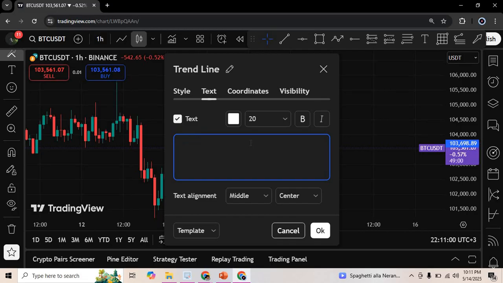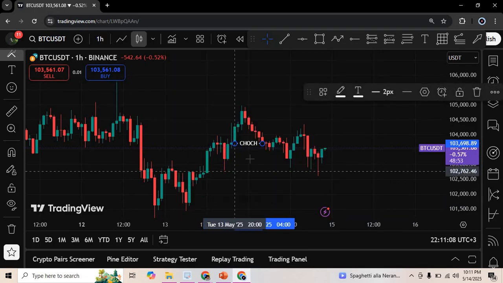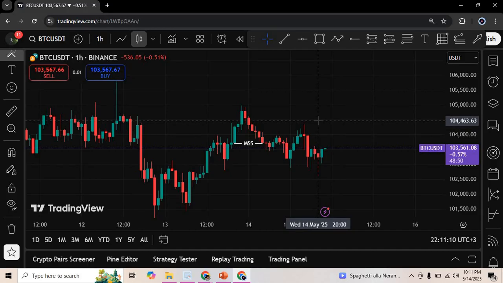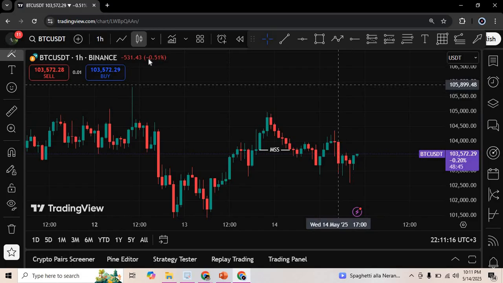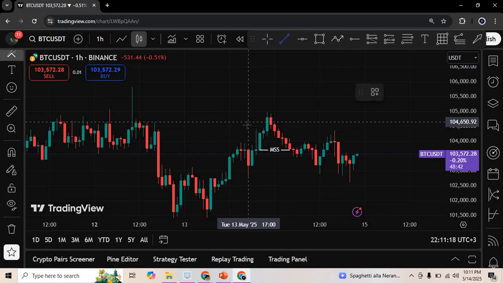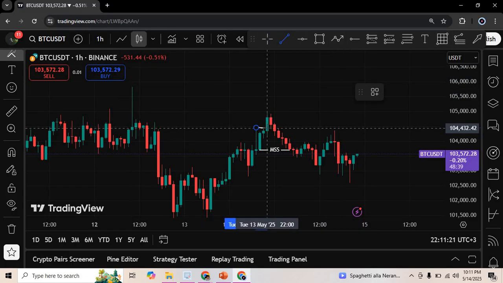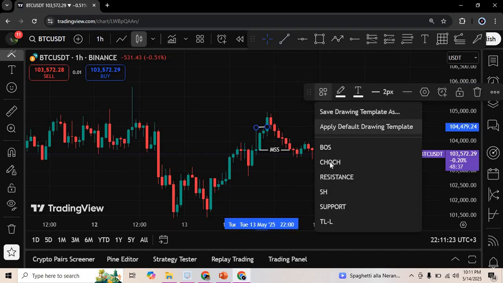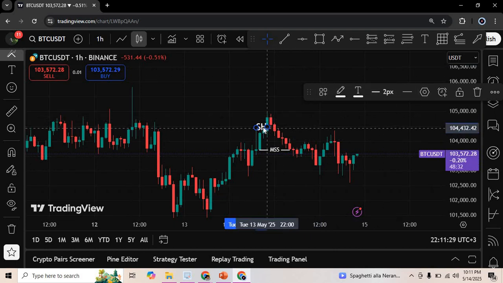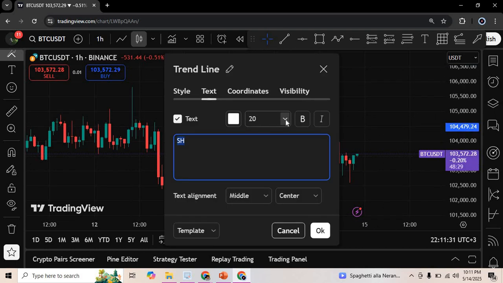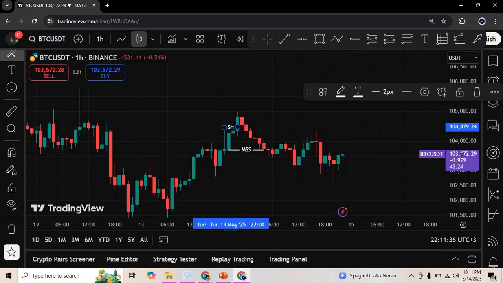This name is too big. Let me just use MSS, and reduce this to make it 12. So you're having our market structure shift or a change of character. So having a change of character, our stop hand is right here. Our stop hand, if you can see that, that's up. Our stop hand is right here. If you can see that, that's up. Our stop hand is right there.